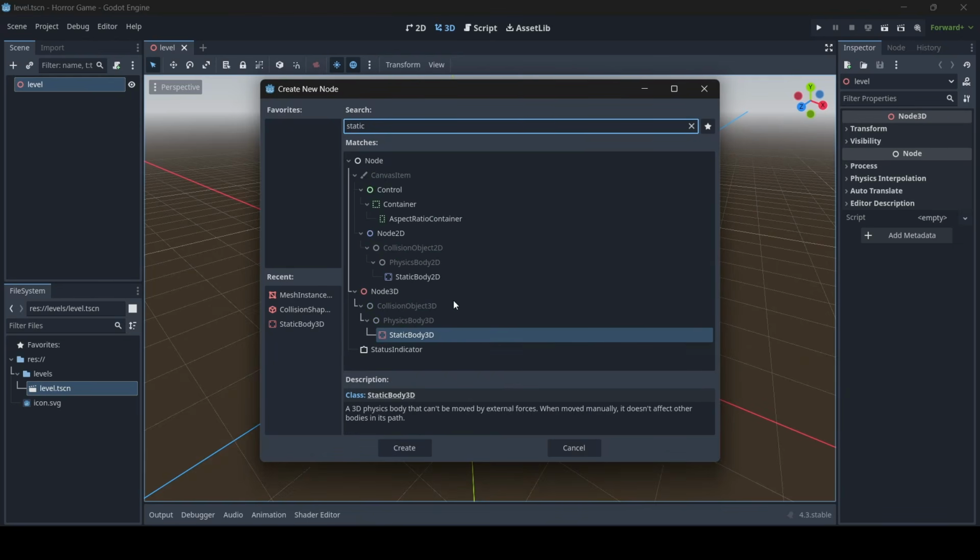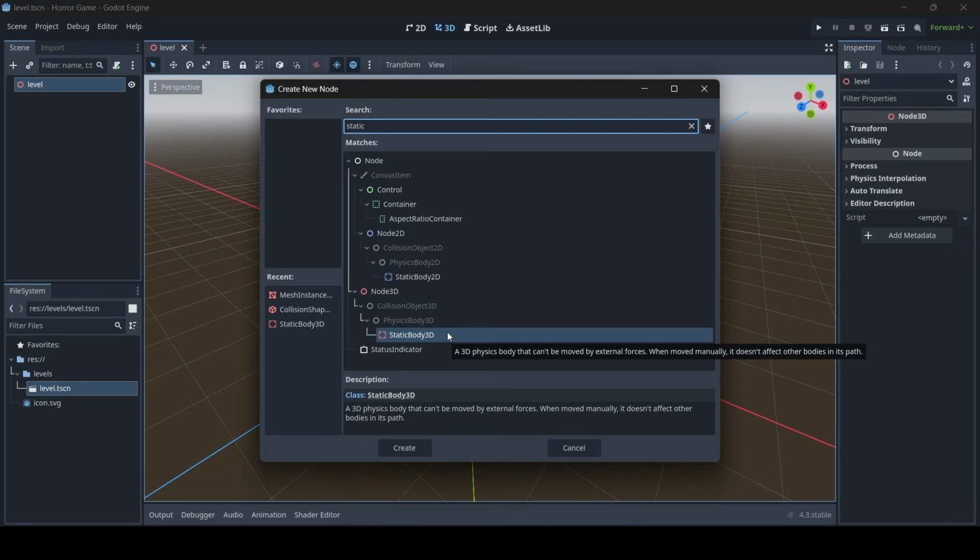So what a static body 3D is, this is what's used for basic scene collision for things like floors and walls. Basically, it's used for objects that aren't meant to move in the scene. That's why it's called a static body, because it's a body which is just meant to be in place. Of course, they can still move if you animate them, but they can't move via any other force. So it's not like a rigid body can collide with a static body and then cause it to move. That can't happen with static bodies. They're just always in the same place. So that's why for floors and walls, stuff like that which isn't meant to move, we usually use